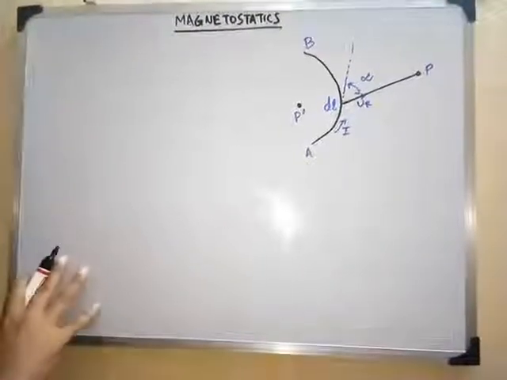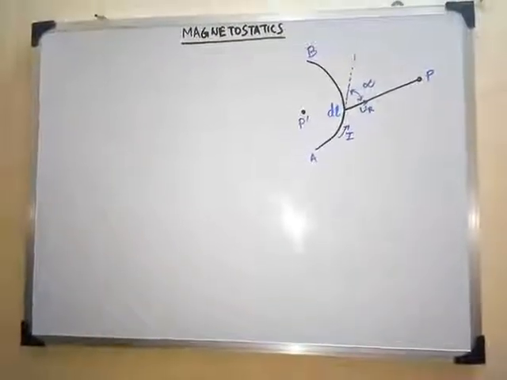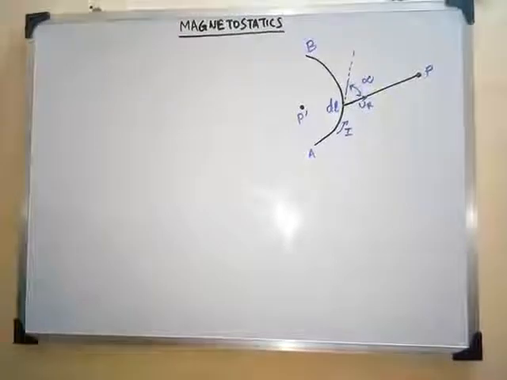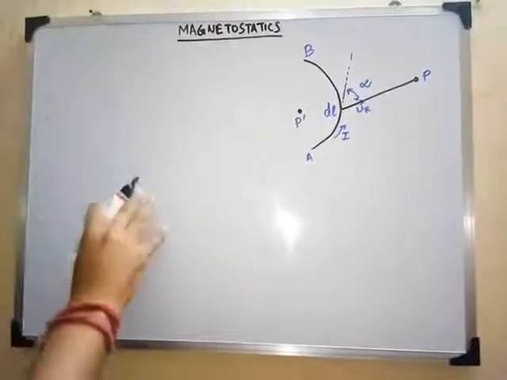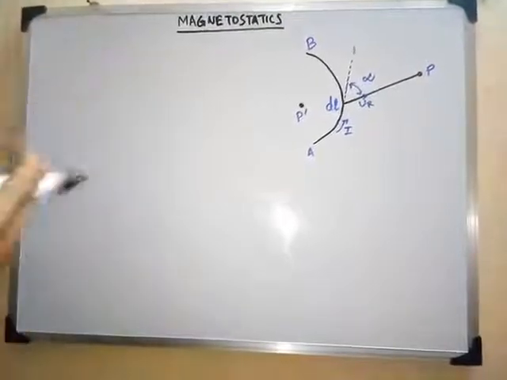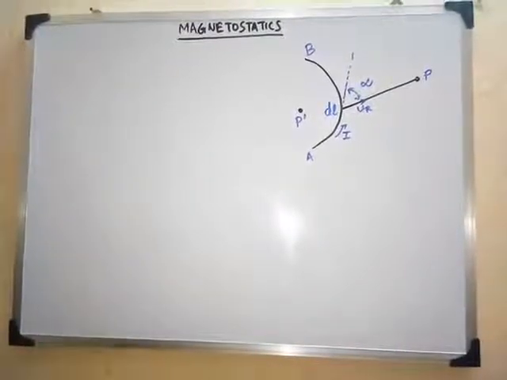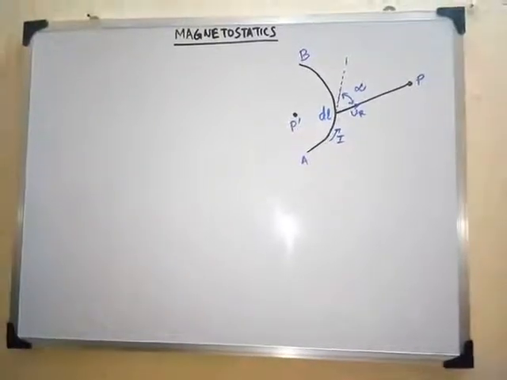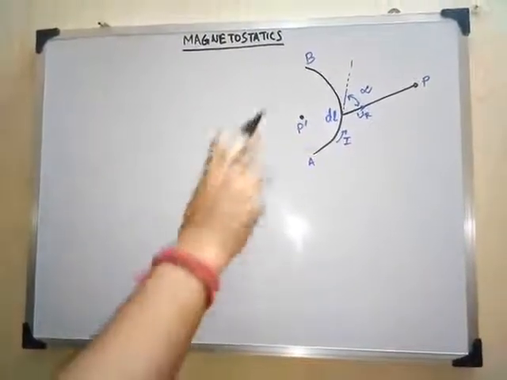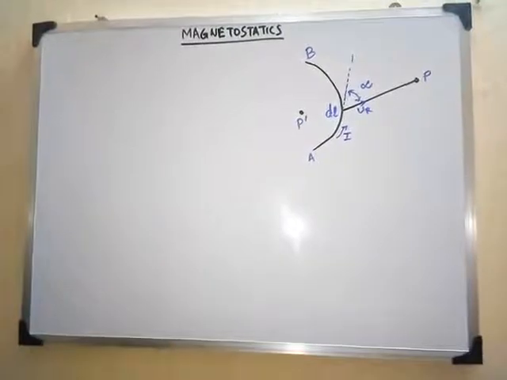After the discussion of this topic related to electrostatics, we are now coming to our section of discussion, which is magnetostatics. That means where the magnetic field will be in a condition which is static or at rest, or it is not varying with time. So to start with, I have drawn a figure for you. This figure is a representation of the Biot-Savart law.